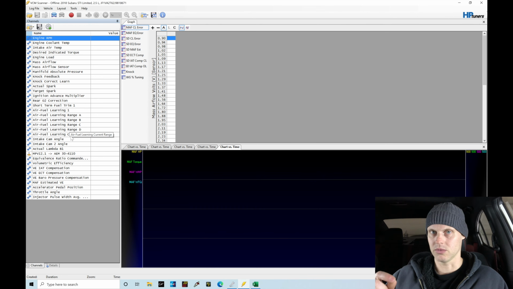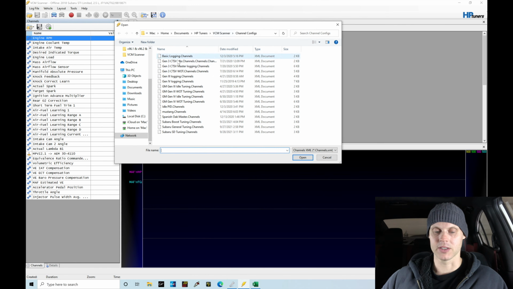This can actually log speed density and mass airflow tuning. We're actually going to take a look at both here, working with this. So this is going to be a solid logging list that you're able to use. You definitely want to have this open for doing this next process. So that's found in the course packet right into the channels config. You can actually go here to File, Open. If we go here to Open Channel Config, we should be able to find this if we take a look